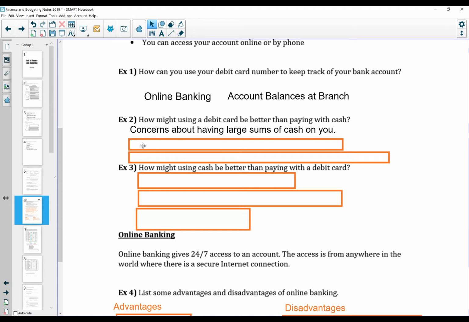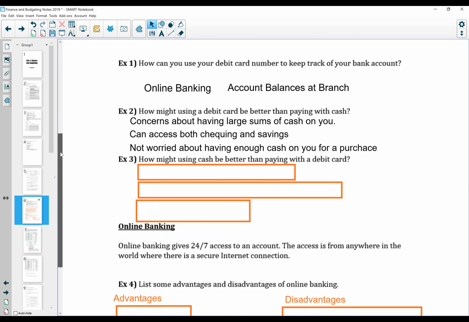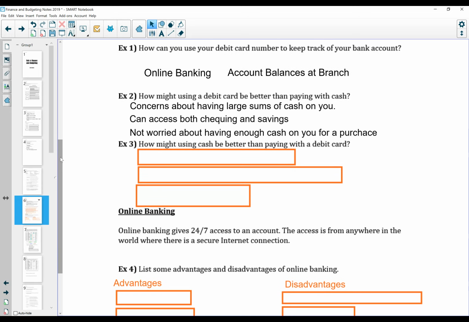So another reason that a debit card is a little bit better than paying with cash is you can access both the checking and the savings account. So you can set up different accounts on your debit card, checking and savings, and you can access both of them. And finally, you might not be worried about having enough cash on you for a purchase. So if you have a debit card, you can access all of the money in your bank, unless, of course, you're